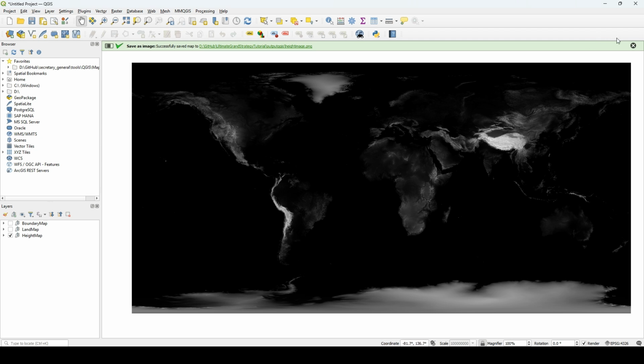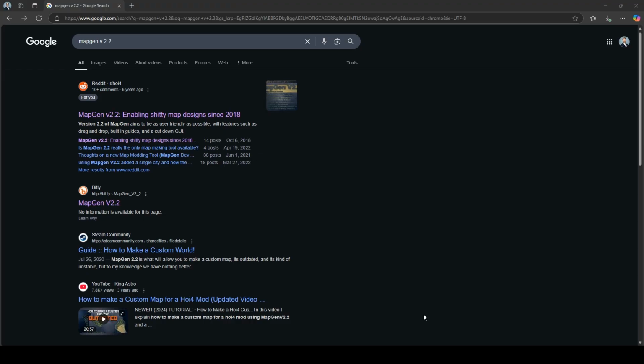Cool. Now we have that as well. Now that we have all the map image files we need, it's time to process them through the last step,